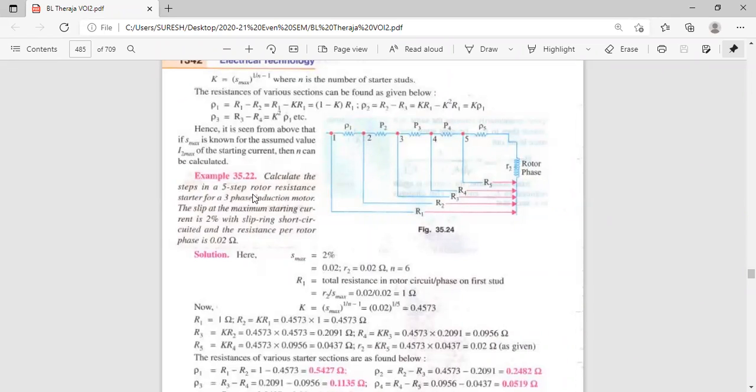If it is a 5-step rotor, N is 6. If it is a 6-step rotor, what is the value of N? It is the number of contacts. Here the contacts are there but they are not shown. If it is 5 steps, between 1 and 2 is the first step, 2 and 3 the second step, 3 and 4 the third step, 4 and 5 the fourth step, 5 and 6 the fifth step. Here they are giving N minus 1 step rotor. That means the number of contacts is 6. N is equal to 6. Any doubt in this? N is equal to 6?